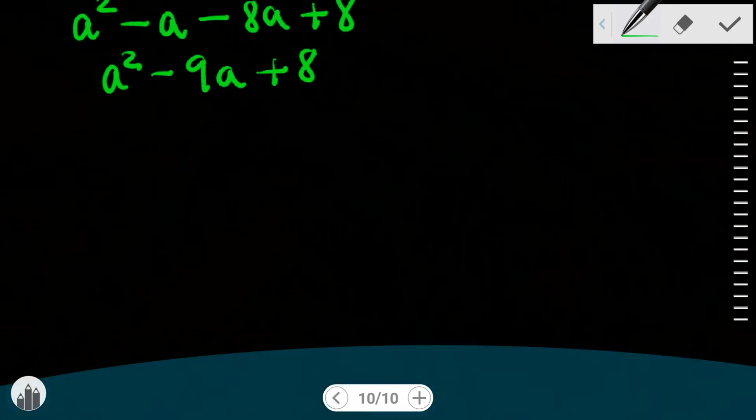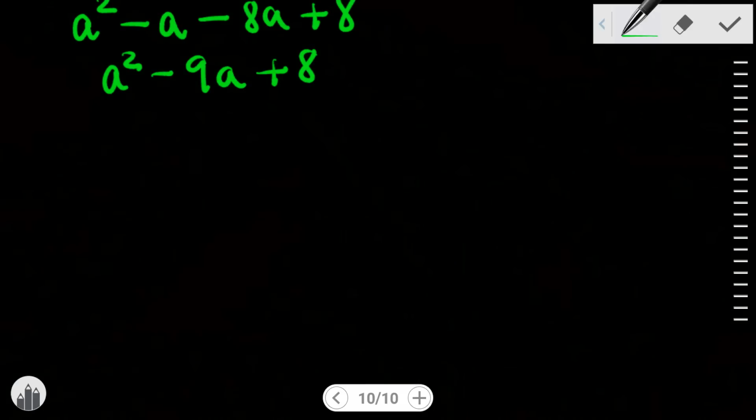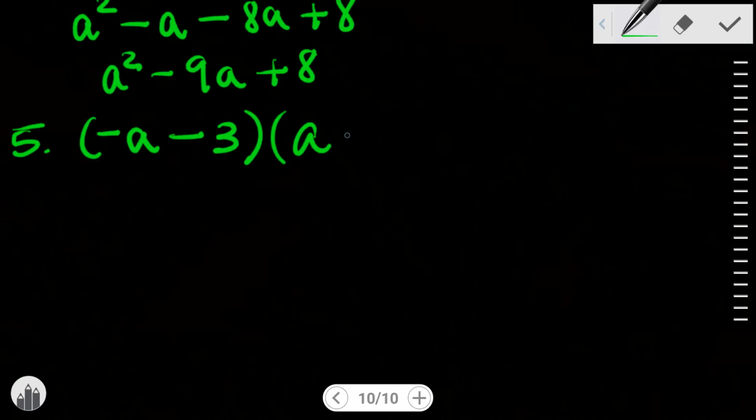All right, so let's go ahead and do another one, make this one a little bit more challenging. All right, so let's do a negative a minus negative 3 and a positive a minus 4. All right, so doing the FOIL method, we will get, let's see,